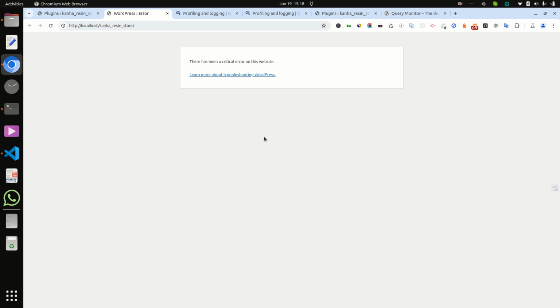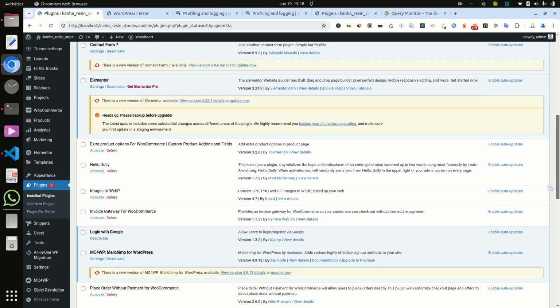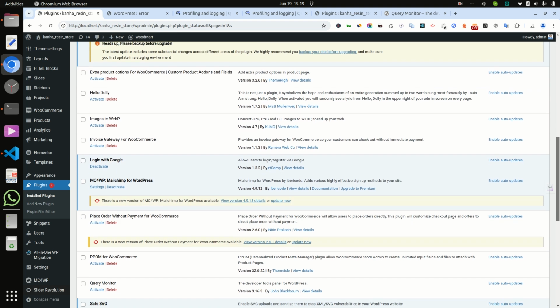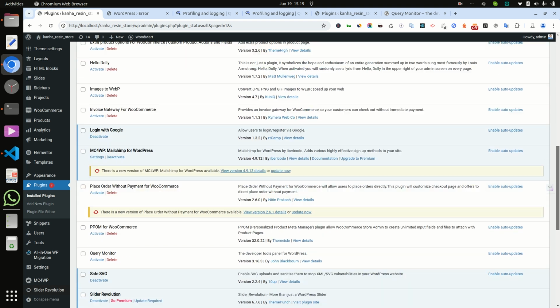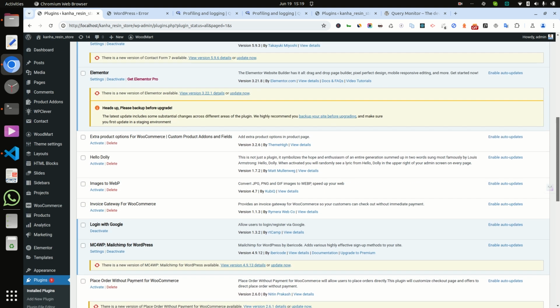So here I have to go to the debug.log file and check what issue is coming. So this plugin is also beneficial for us, so that we can find the issue directly and instantly, not depending on debug log etc. on the site.